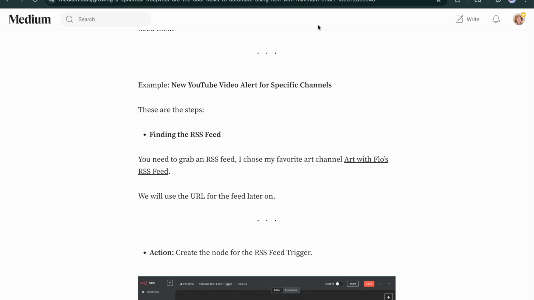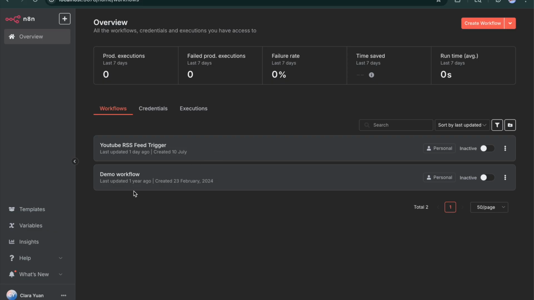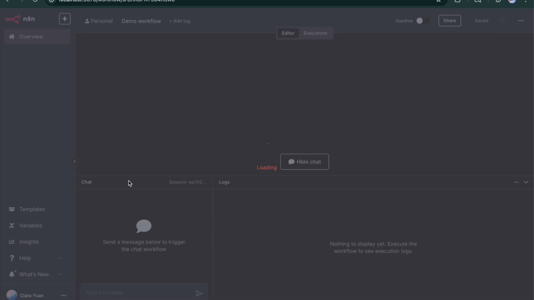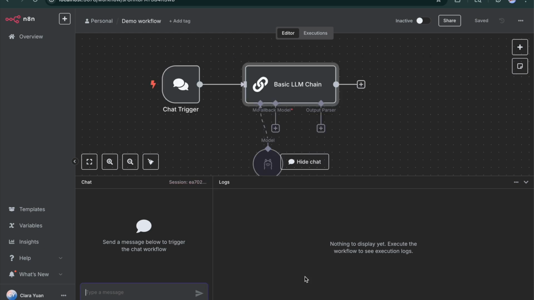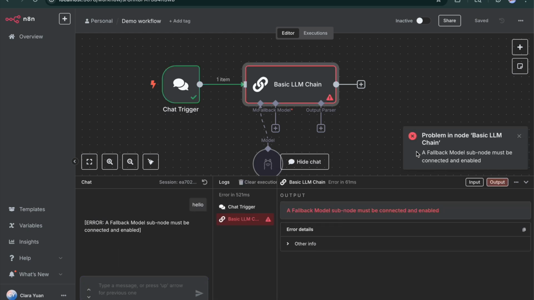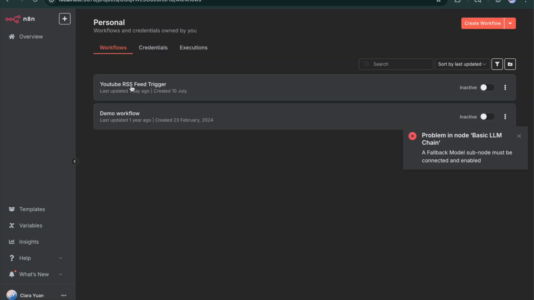So going back to the n8n screen, the demo workflow, if I click into it, I see. If I try to send a message, say hello, yeah, it's going to fail. It says probably in Node. The other workflow,